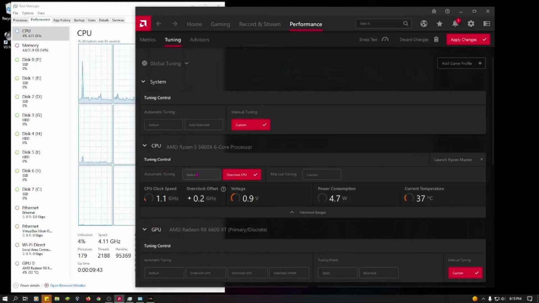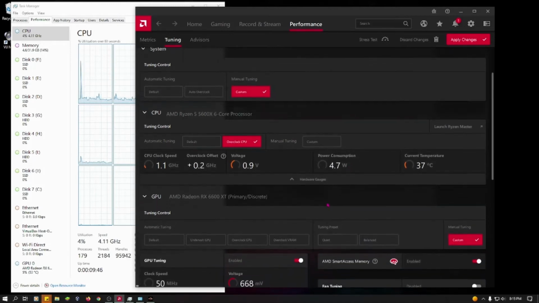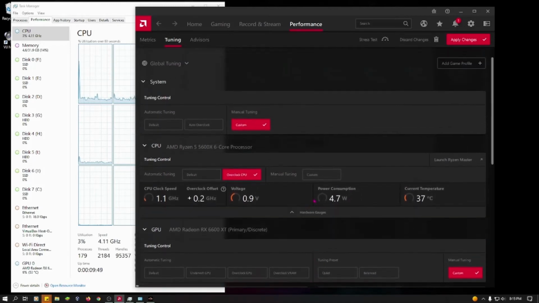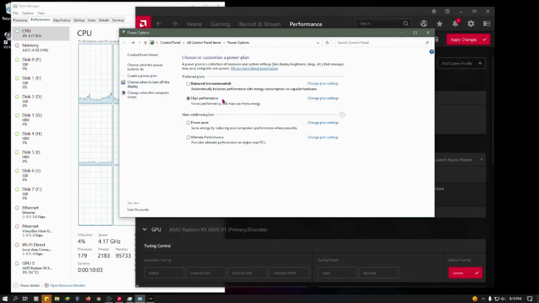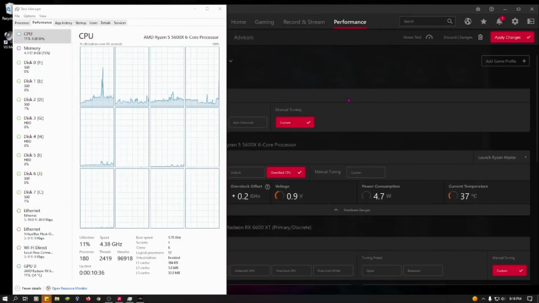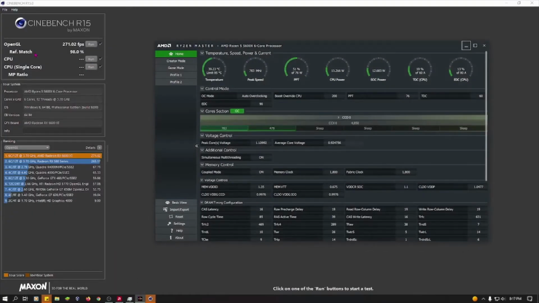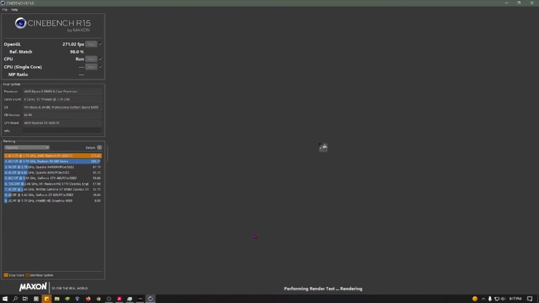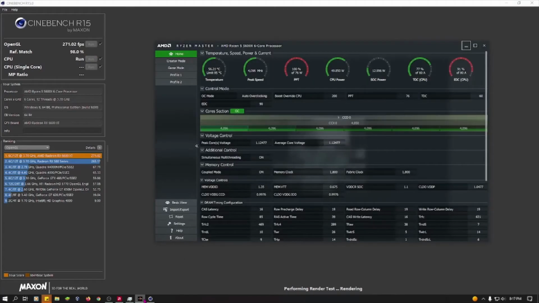Now, I could always go back to default. I could default all of this. And I might, I don't know. I mean, I might run a Cinebench run now or something. So let's see here. The power plan still up? Yeah. Okay, high performance. Alright, so we don't need that on. Oh, we don't need that open now. We want this one and this. Okay. Okay, now it's showing that, and